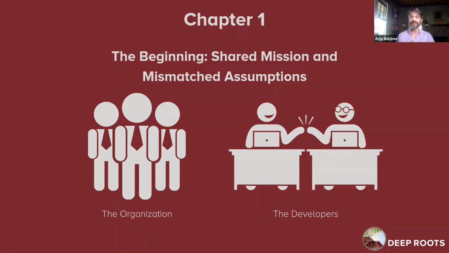Chapter 1. In chapter 1, as we're getting started, the new CTO, he shows up, he has a mission. And this is a company that knows how to go after missions. So he identifies the mission as tech debt. We're going to go knock it down. And gets a whole bunch of belief around the developers. Everyone goes in, they're all aligned. Now, we might not be completely aligned on exactly what tech debt is. We might have some slightly different assumptions, but those assumptions mostly will work well together.